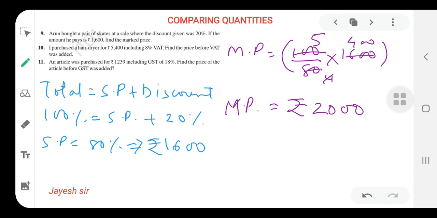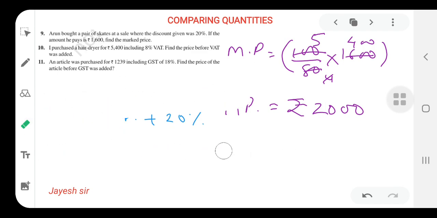That would be difficult for you, but this method is the most important and the simplest one, I think, because the total or the marked price we count as 100% and the discount I am getting is 20%, because the discount I am getting only on the marked price. So marked price minus discount, marked price that is 100% always, so 100% minus 20% we will do, then we will get the selling price that is 80%, and the value of the selling price that is 80% is given to us, that is 1600 rupees. Now we can easily find the value of 100% because the 80% value we know. So I think you all might be able to understand it properly.